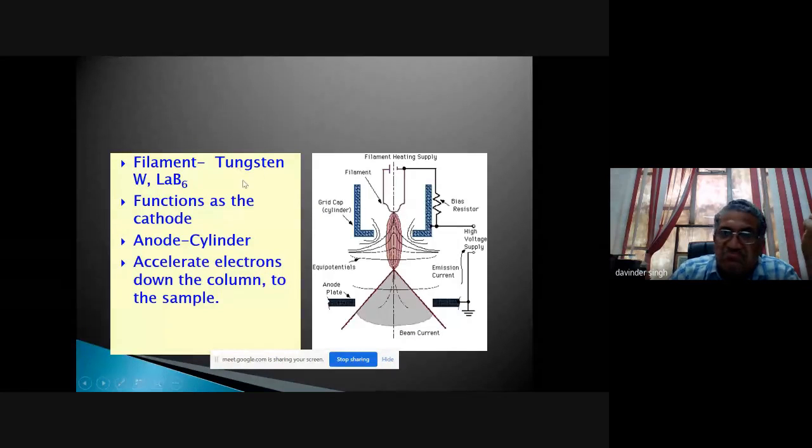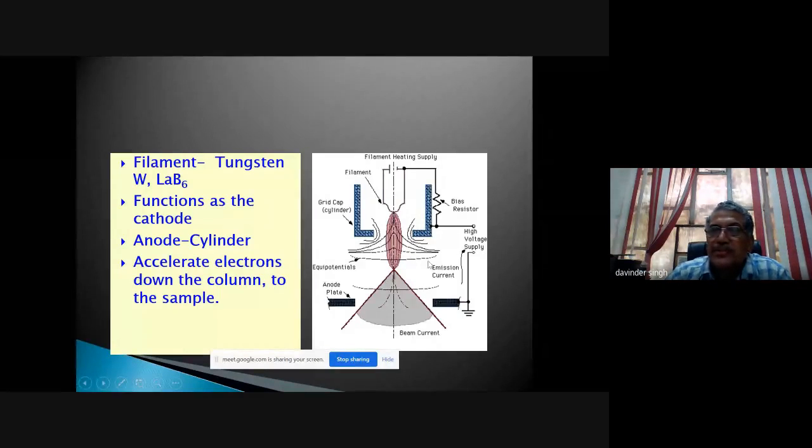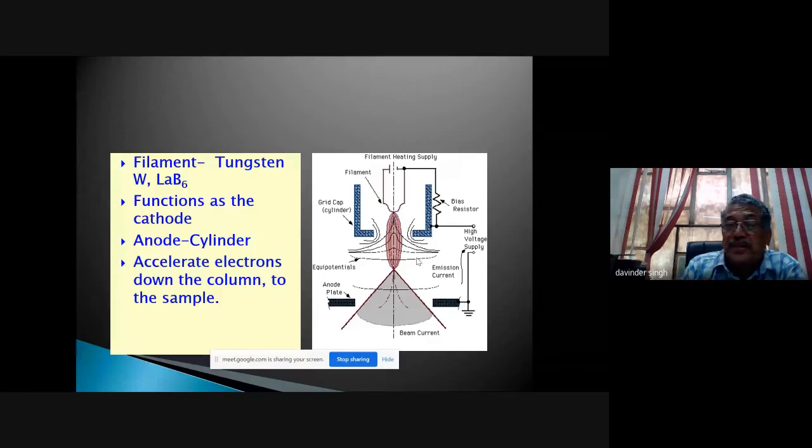In case of this tungsten or LaB6, the concept is that you are controlling with the grid gap, so that more electrons will be focused with other forces, and then you can have this type of cone of spreading of the beam. So the cone angle is more important. The smaller the cone angle we can get, the better the image spots. I will try to explain how the electron spot is important for the image analysis or